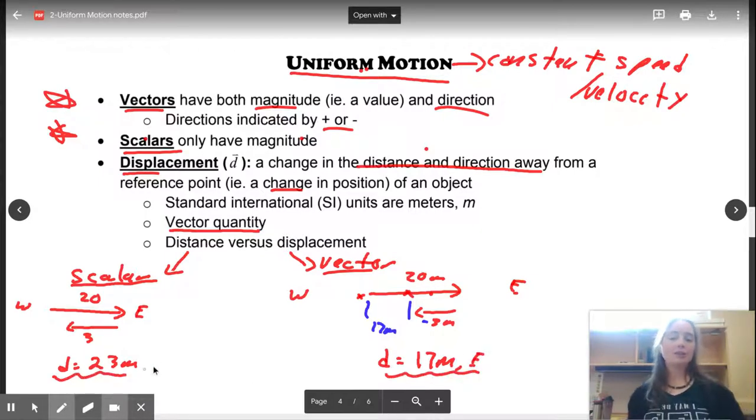Okay. So the distance covered was 23 meters. The displacement was 17 meters east. So there definitely is a difference, and you need to really watch that. And that's just one of the things you guys are going to have to memorize, unfortunately, about what is vector